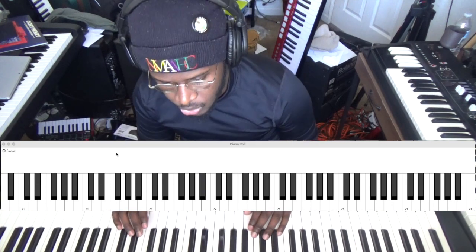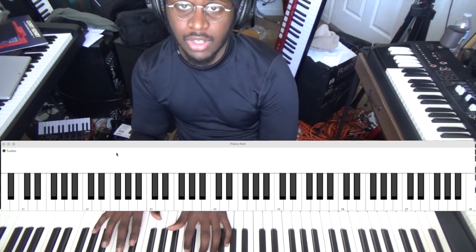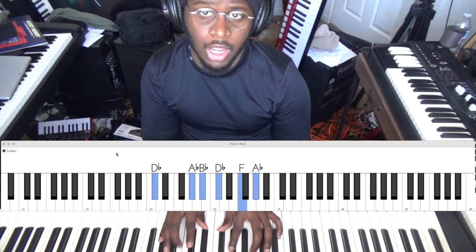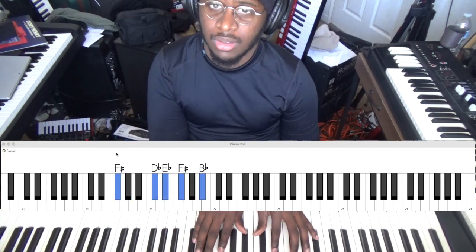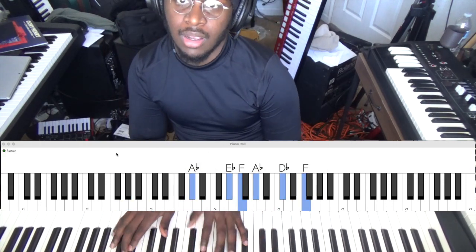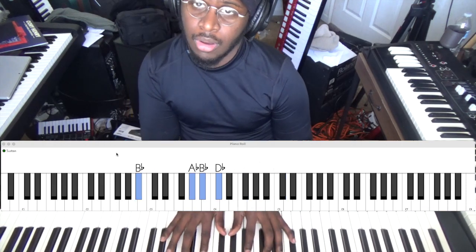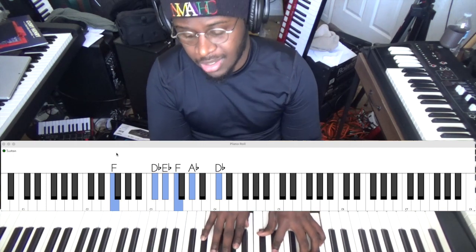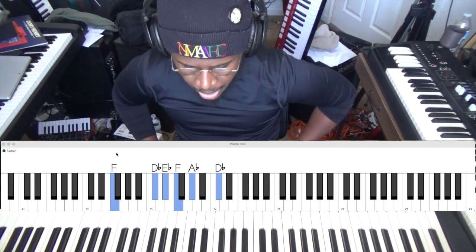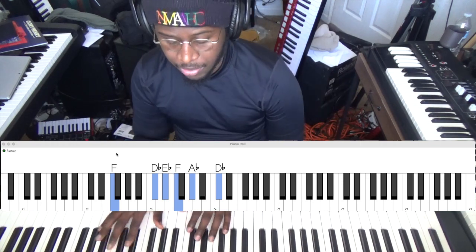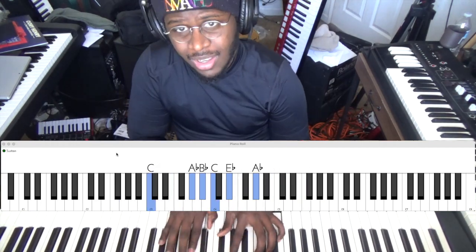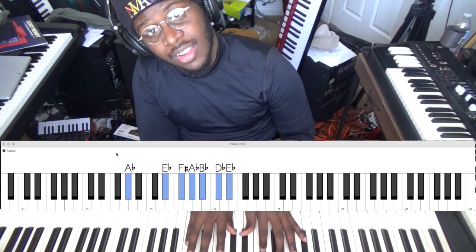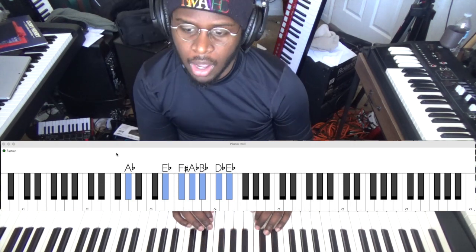So you can literally just walk it all the way down, right? Walk it all the way down the scale. So if I do this, I can just walk it all the way down to the one, and from the one I can walk it down to the four. Something like that, right? All right, all the way down to the 3 actually. That's a nice place to sit on. So already, you really don't need to know that much, right? I'm at the 5, and a lot of things.